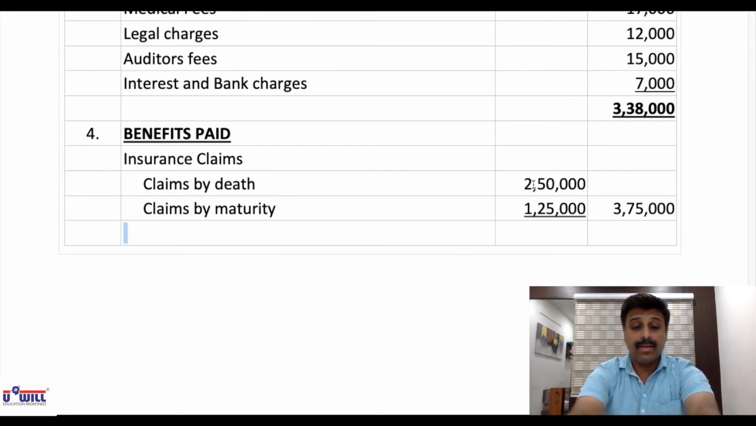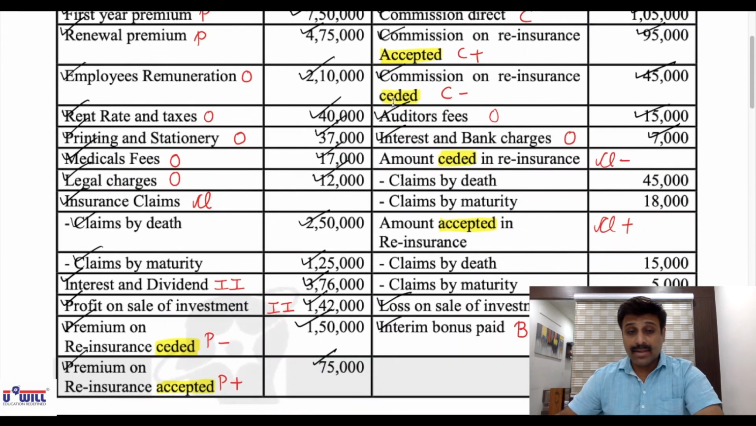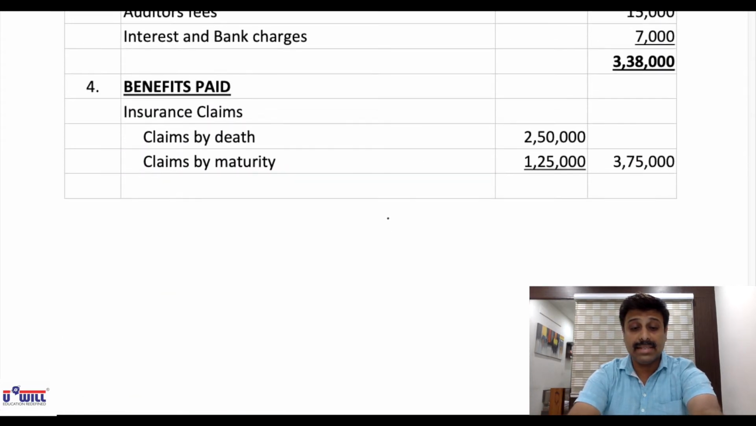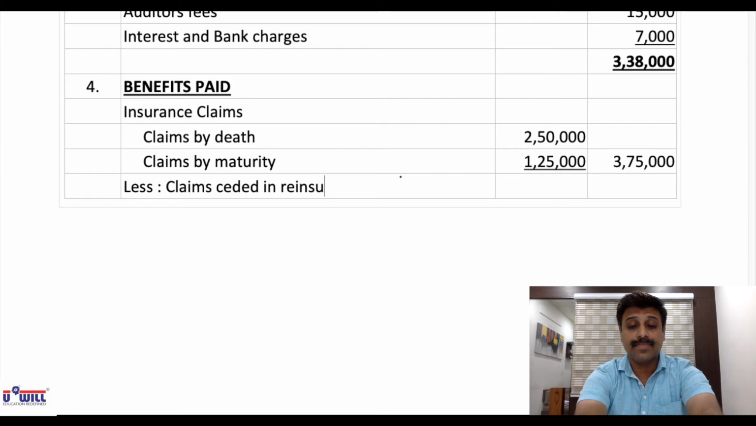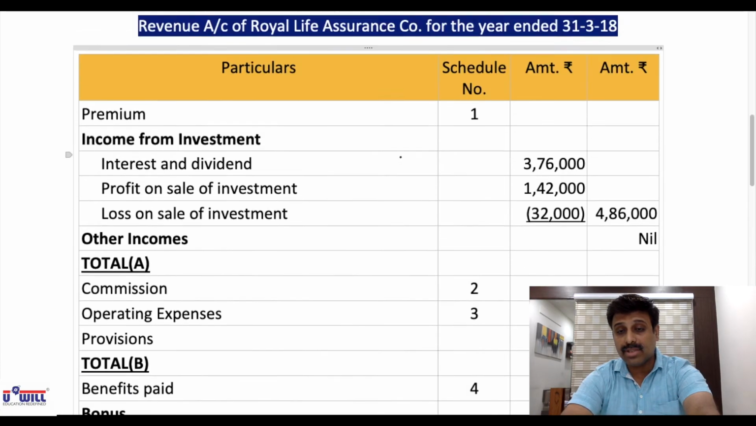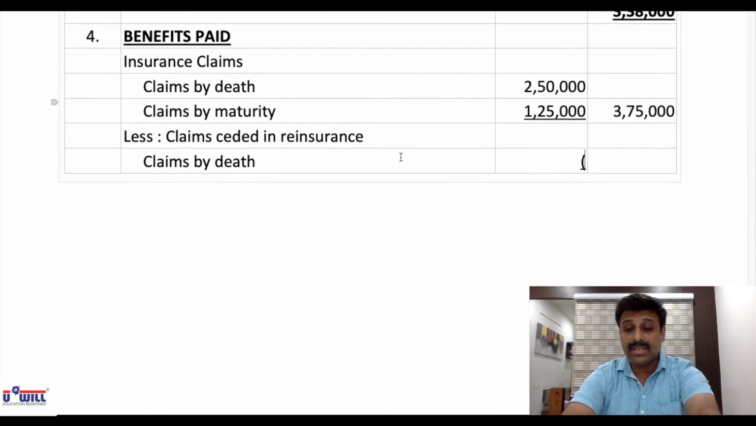3,75,000. Then in that, whatever is claims or amount ceded in reinsurance, we have to minus. So in that we have to minus death 45,000 and maturity 18,000. So all of you write down less claims ceded in reinsurance. Within that we have claims by death. Now minus means you write it in bracket. Okay, minus means you write it in bracket. 45,000